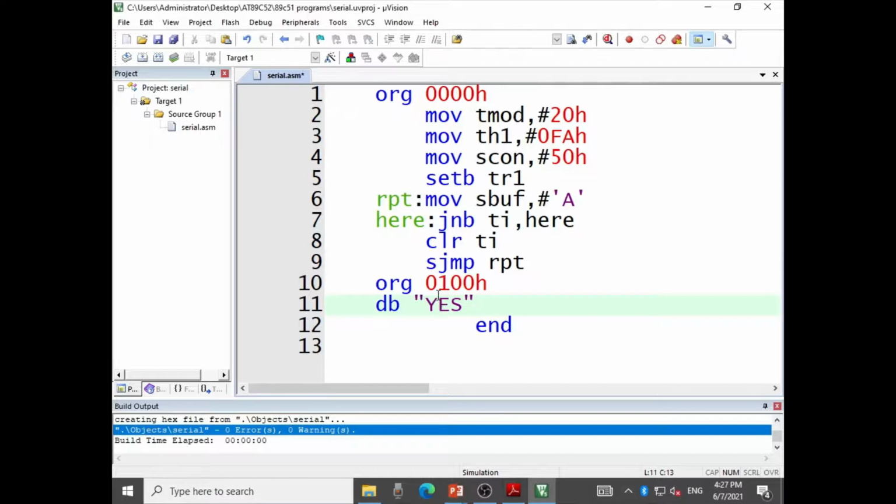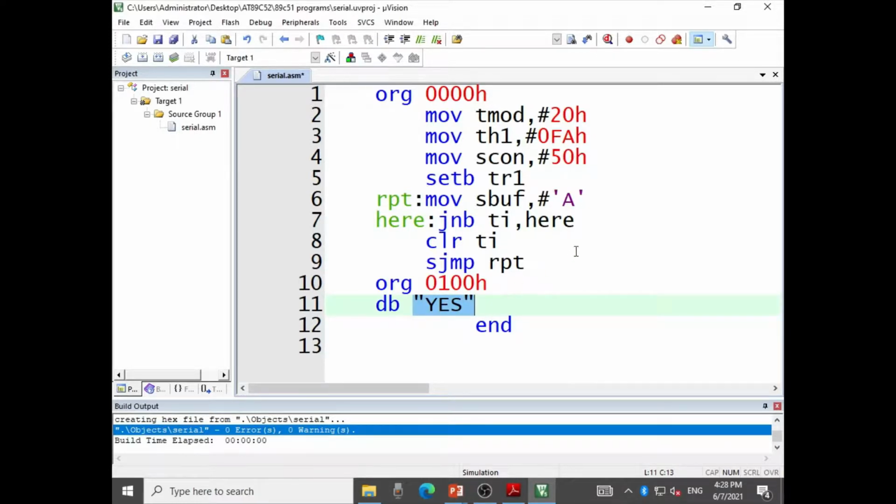Capital Y will be stored in 0100, capital E in 0101, and capital S in 0102. Now why have I not written these three characters here in the program? If I had written them in the program instead of storing them in memory, the program length would have been larger. So in order to limit the size of the program, store the string in memory.